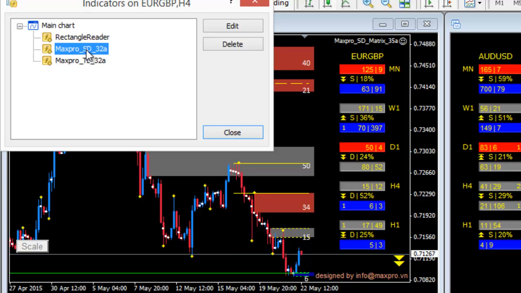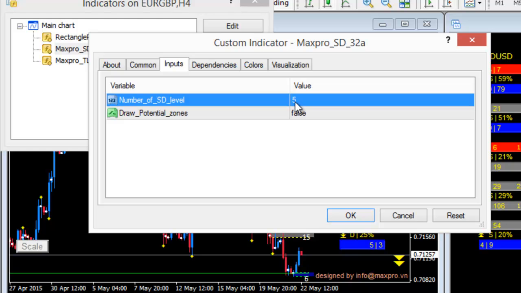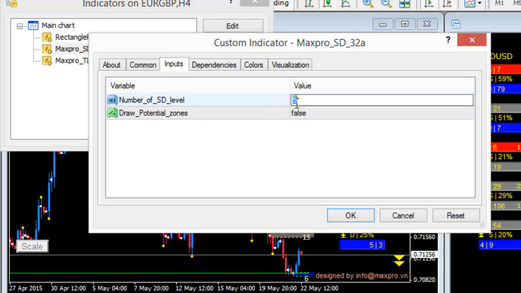The indicator that draws the supply and demand has 2 parameters that you can input. The first parameter is the number of supply and demand zones you want to draw on the chart. The value is 5, which means the tool will draw 5 supply and 5 demand zones. If you want more, you can type 10 here, for example. But for me, I think it's enough to make decisions. We don't need far away